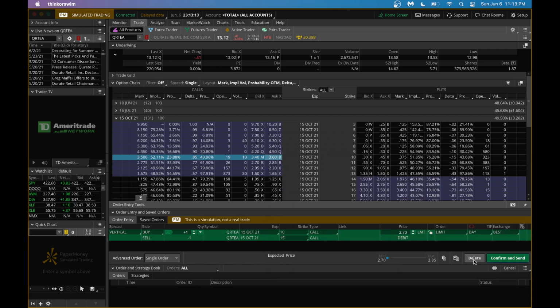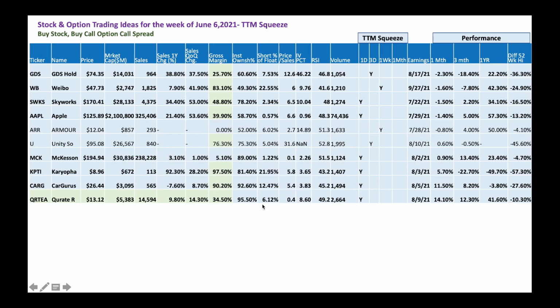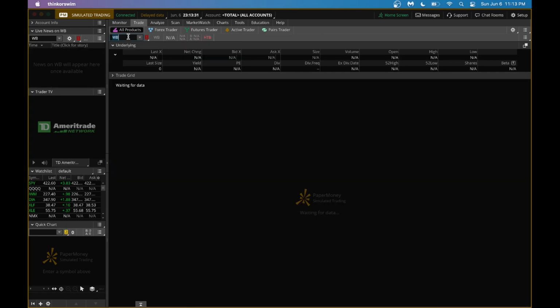What we'll also do is look at one or two trades that we did not select here. For example, what happens if you want to do things like VIVO or Skyworks or even Apple? Let's look at one of them. Maybe let's look at VIVO. So with VIVO,